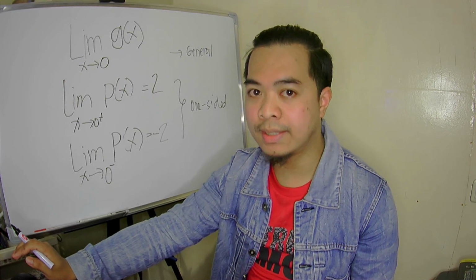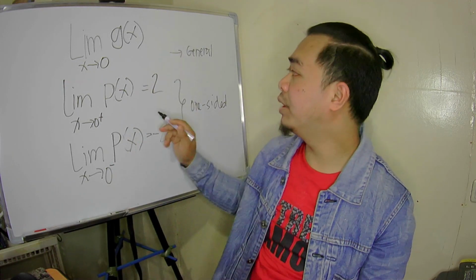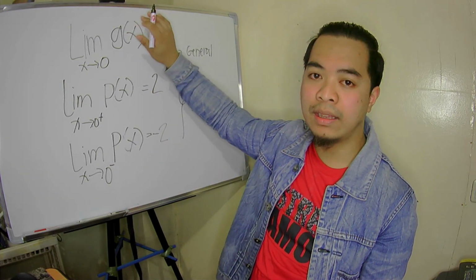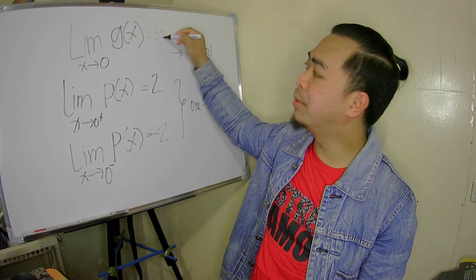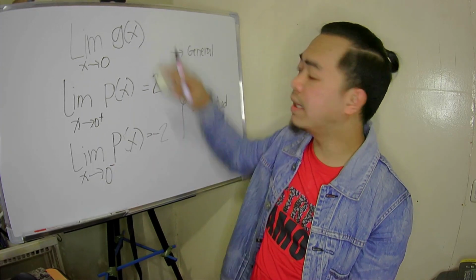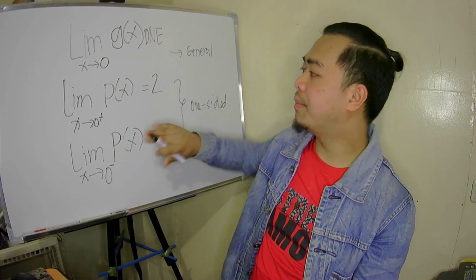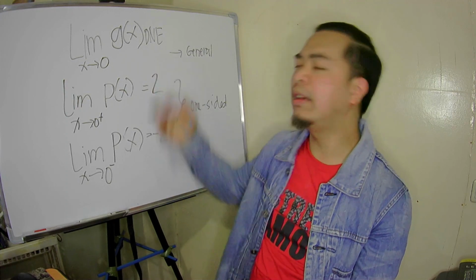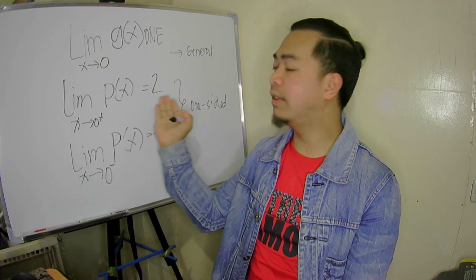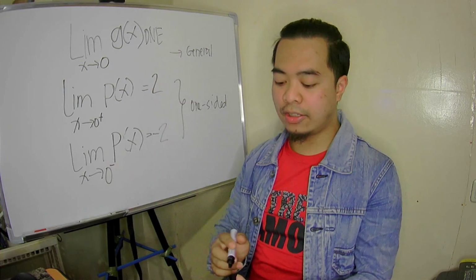So, isa ding condition yon. Kahit naman nag-exist yan, kung hindi sila parehas, hindi natin pwedeng sabihin na merong value yung general limit. Hindi naman natin pwedeng ilagay na plus minus 2 yan because the limit must be a single number. So, ang ilalagay pa rin natin dito ay DNE. It does not exist because the two one-sided limits are not equal, although they exist. Unless ito yung tinanong, specific na one-sided limit. Pero kung hindi, DNE pa rin yung general na limit.